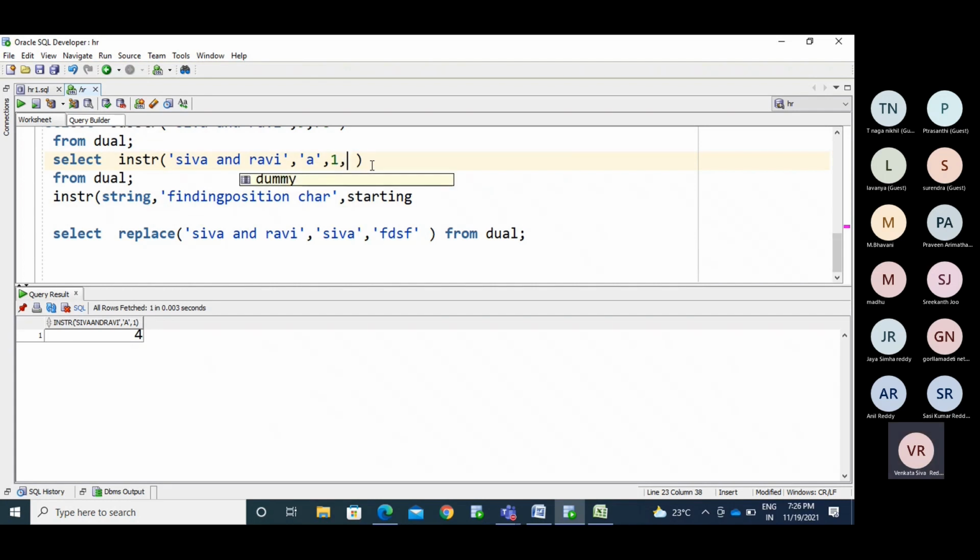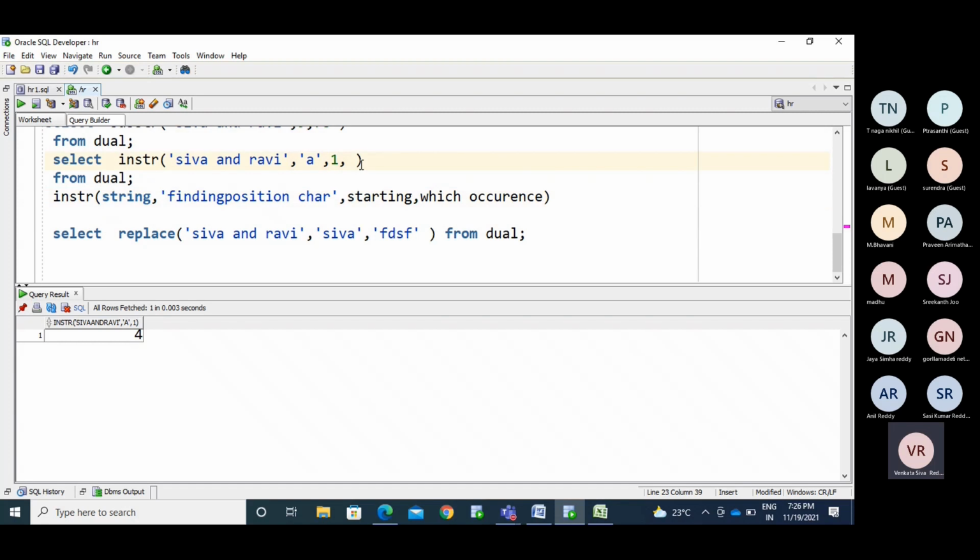Now see, we have another parameter, occurrence. Occurrence means, we have A in this first position. This is the first one, this is the second, this is the third. So we have 3 occurrences here; three times we have A. You need the first, second, or third occurrence; that you need to mention in this.